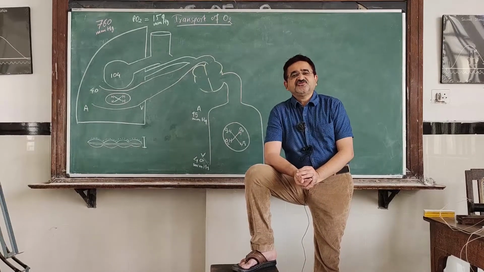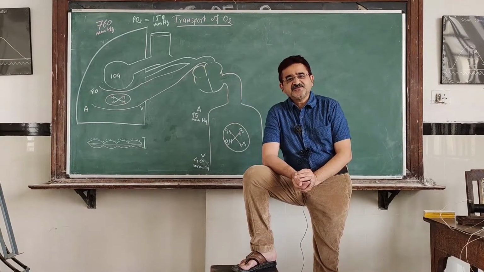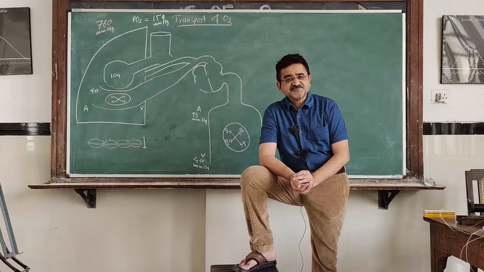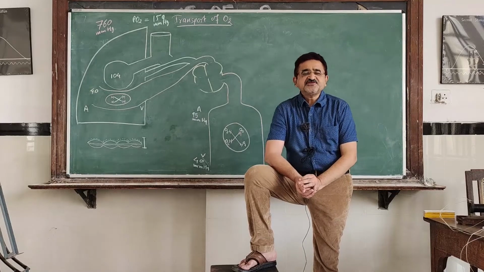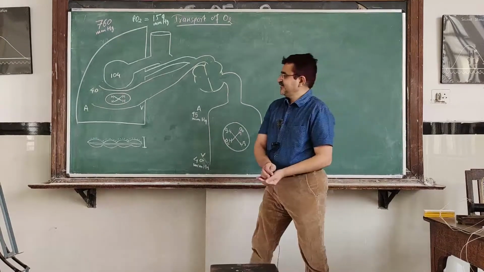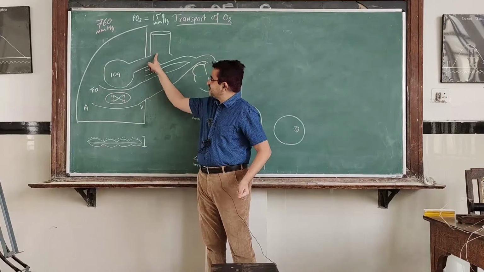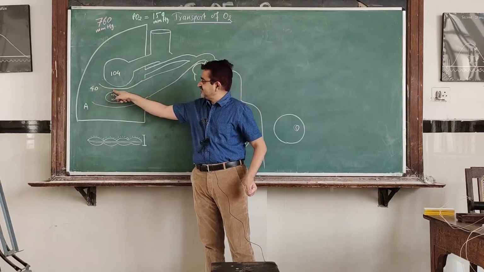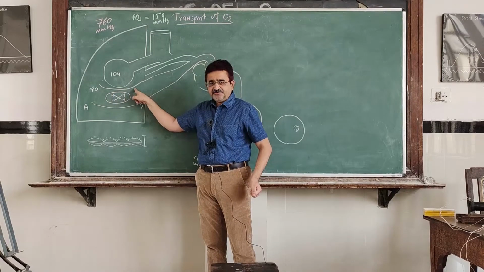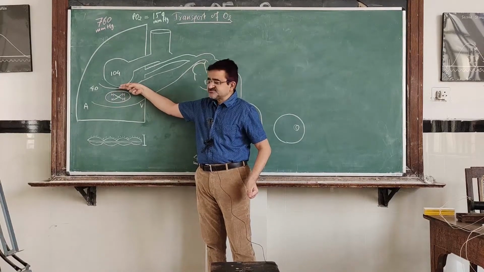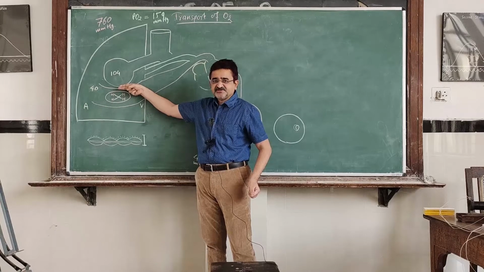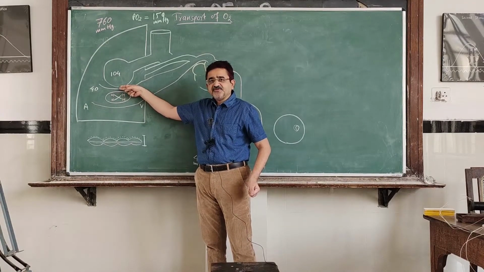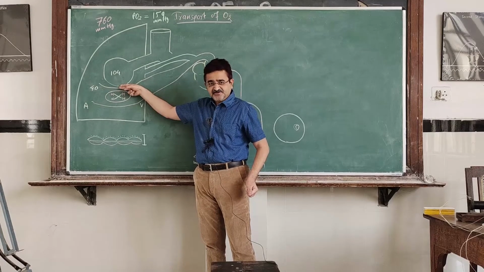This exchange of oxygen occurs at the level of the alveolus and by the membrane known as the respiratory membrane. What is this respiratory membrane? This is the alveolus, this is the tracheobronchial tree, this is the alveolus, and in contact with the alveolus we have the pulmonary capillary. The walls of these two structures are in contact with each other, and ultimately they form a membrane. The name of that membrane is the respiratory membrane.